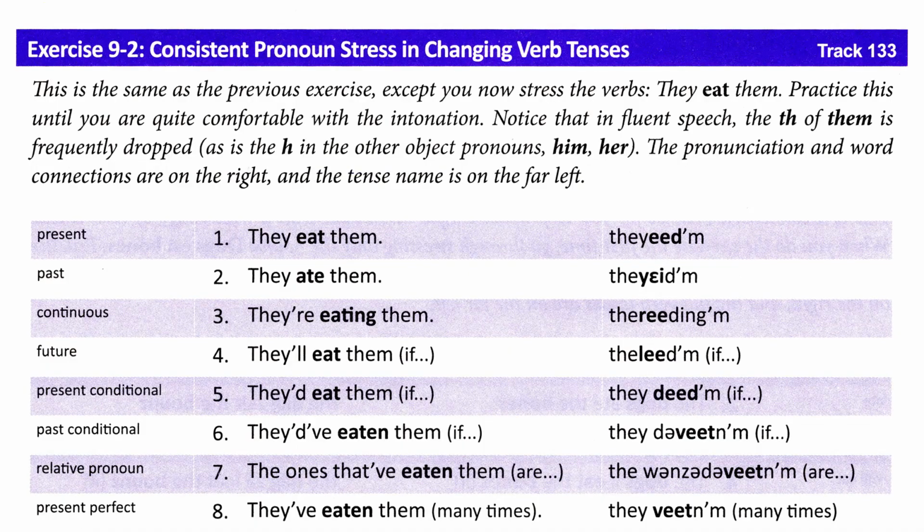Exercise 9-2. Consistent pronoun stress in changing verb tenses. This is the same as the previous exercise, except you now stress the verbs. They eat them. Practice this until you're quite comfortable with the intonation. Notice that in fluent speech, the th of them is frequently dropped, as is the h in the other object pronouns, him, her. The pronunciation and word connections are on the right, and the tense name is on the far